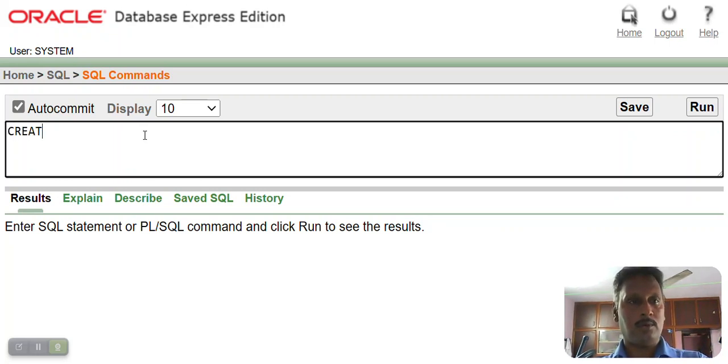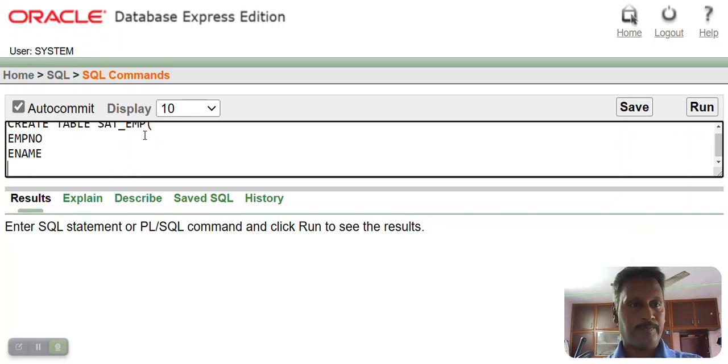So create table, I'm creating with my name, some employee table SAT_EMP, and I'm taking some column names: employee number,